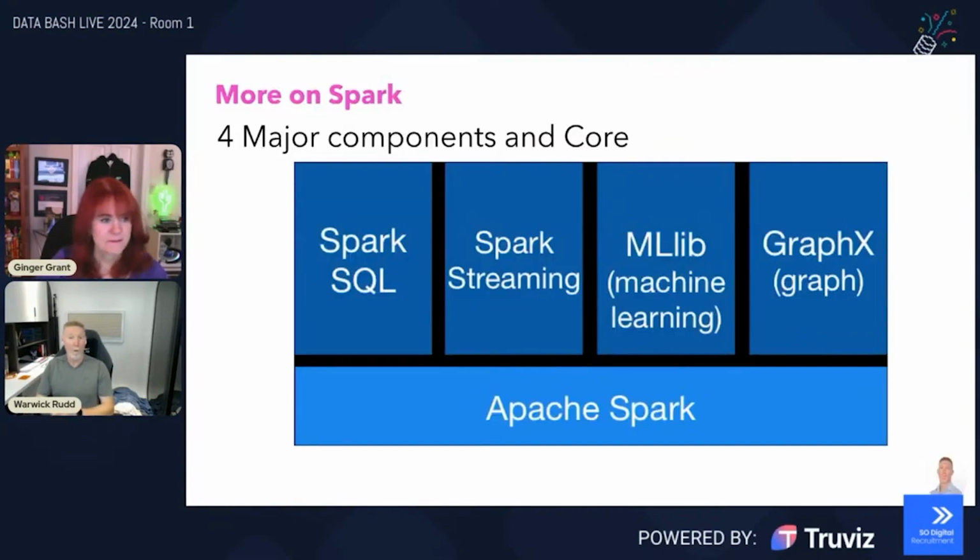Okay, so with that, we've got 4 major components, with Apache Spark being the foundational or core functionality. We've got Spark SQL, which allows us to run standard SQL queries. Starting with Spark 3.0, Spark supports the ANSI SQL standard. From a data platform person on the Microsoft side of things, that might be a little bit different from what we're used to using from a T-SQL side of things,